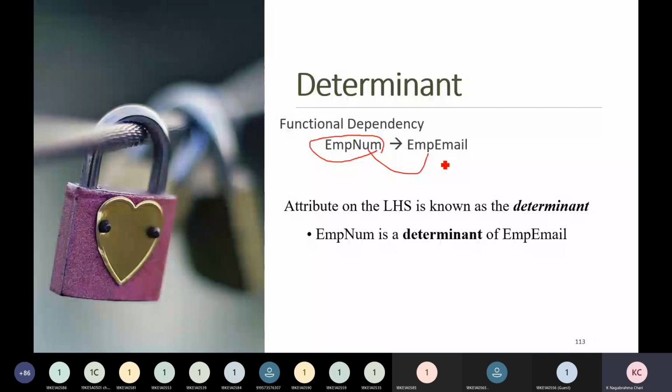This left-hand side value is known as the determinant. You have to understand the meaning. Employee number is the determinant, because we are determining the value of employee email based on the employee number. Yesterday I think somebody asked about the determinant.